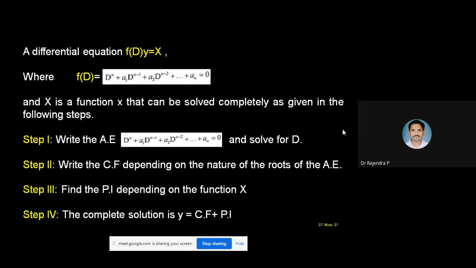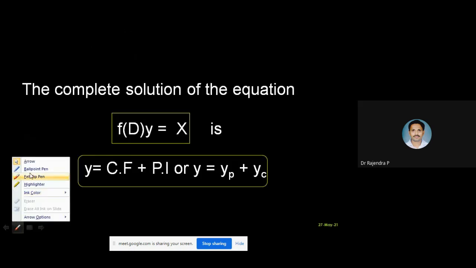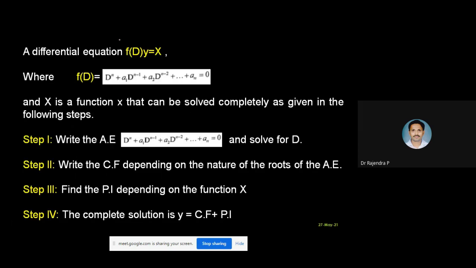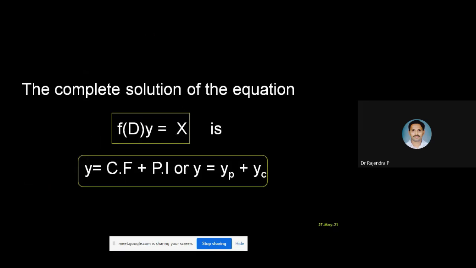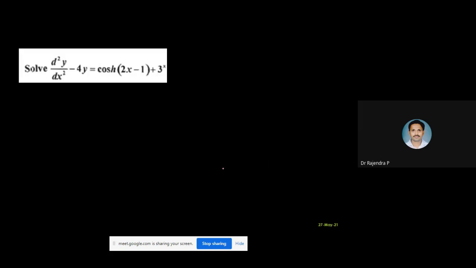As I already mentioned, this is how we are going to solve this equation. It has two parts: complementary function and particular integral. First you have to consider the homogeneous equation to get your complementary function, and second, of course, to get the particular integral for this x. These are the steps we already discussed, and we know how to get your complete solution. It's now better to start with this, isn't it?